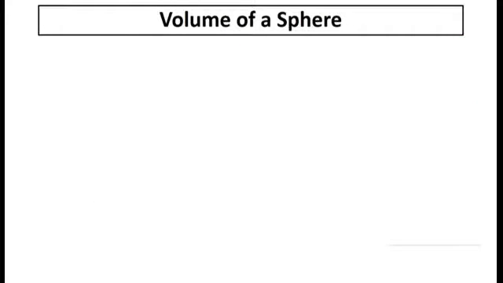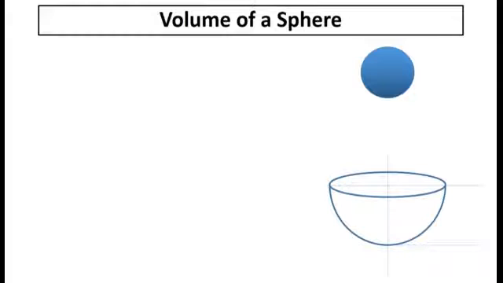Volume of a sphere. A sphere has been shown. In order to find the volume of a sphere, a hemisphere has been considered as shown in the figure below. This hemisphere has radius r, so its height will also be r. A cone has been considered which has radius r and height r, the same as that of this hemisphere, and the cone has been kept inside the hemisphere as shown in the figure.